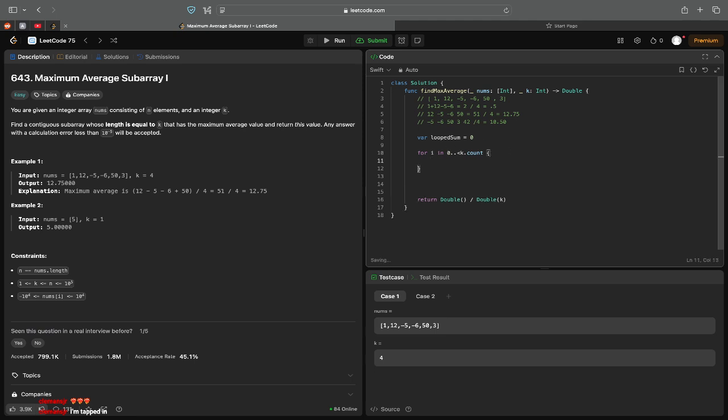We want to add to our loop sum. We want to add the numbers, which is nums, the index of nums. So we're gonna be loopSum plus equals nums[i]. Okay. So this will get us